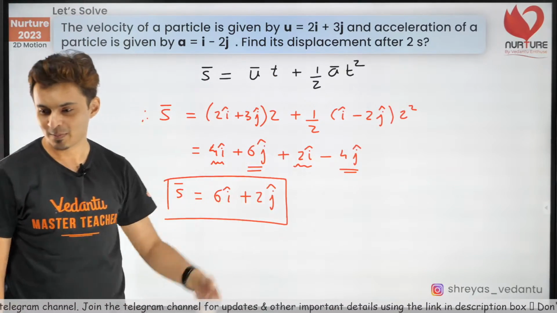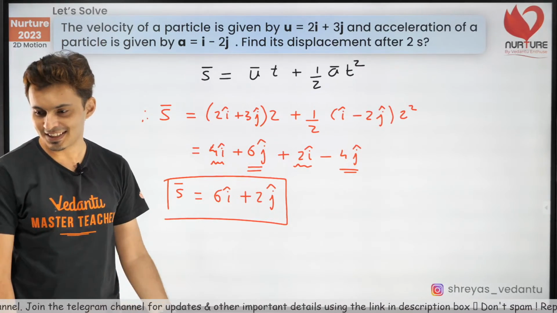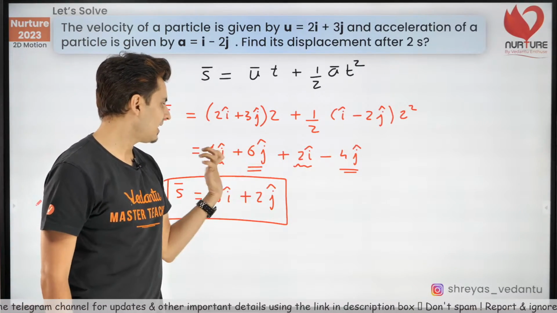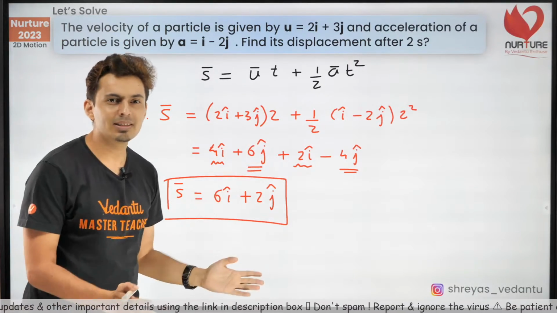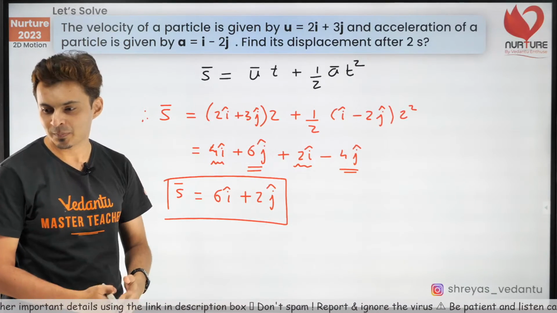Isn't this also easy? Yep. Isn't this easy? So just subtract the j's and just add the i's, because you know there is a minus sign here, plus sign there. That's how easy it is in vector form. Isn't it so easy?